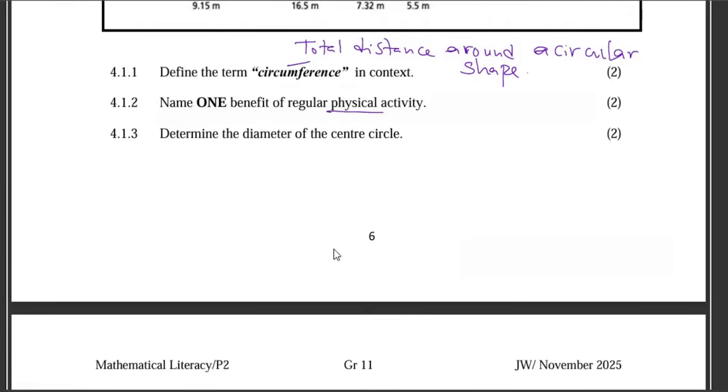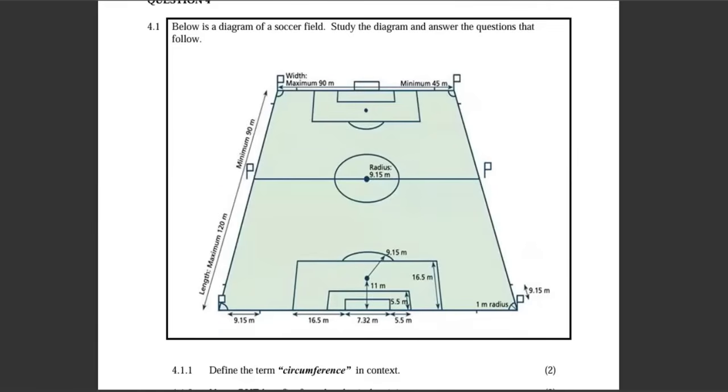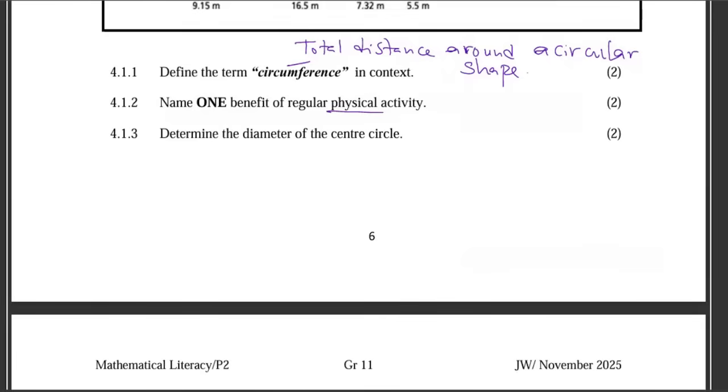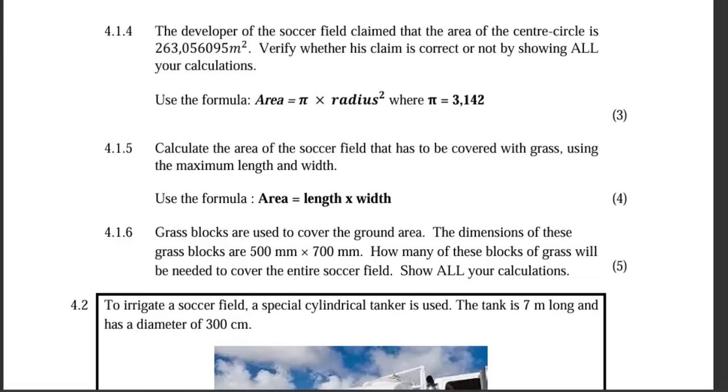Okay, determine the diameter of the center circle. So when we look at the center circle, we have radius of how much? 9.15 meters. This is radius, but the question wants us to get the diameter. So diameter, what I want you to know, it's times 2 the radius. So it's 2 times 9.15. Question number 4.1.4,